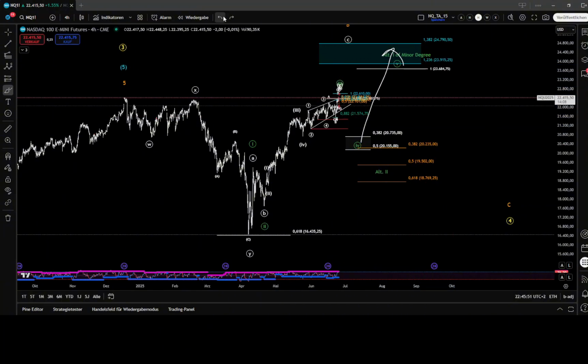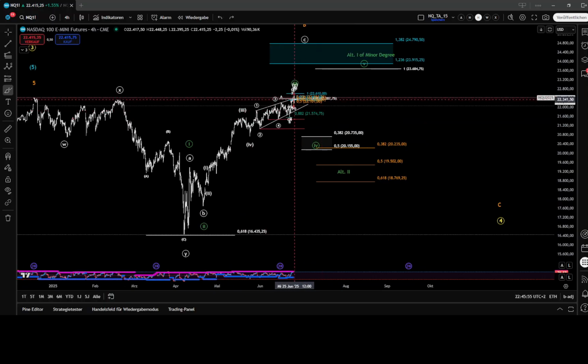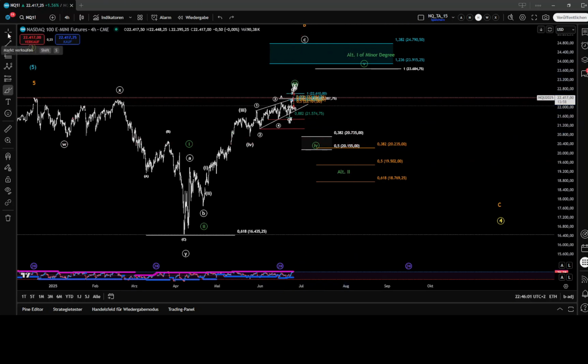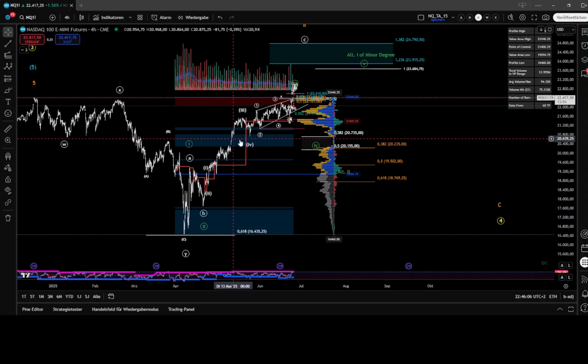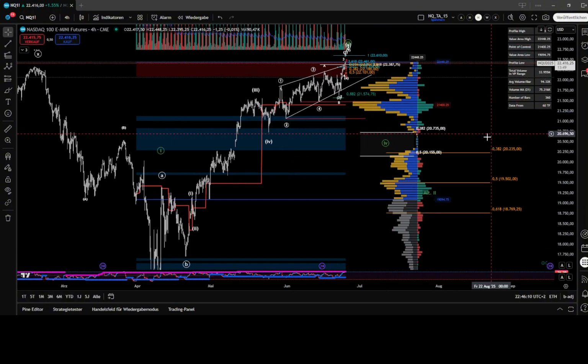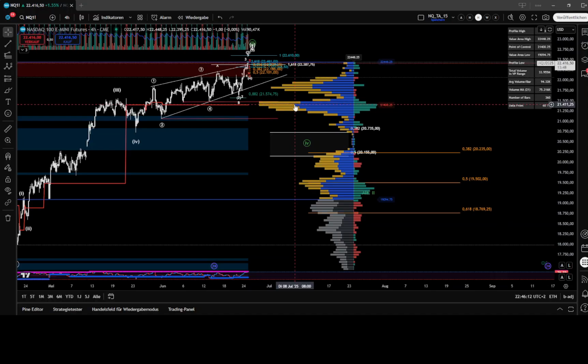I don't know yet, but what I definitely know and what I think is due is that we should get, after our 4-5s here, our pullback to the downside and then another move to the upside. What else can I put on the chart right now? I think the volume profile is relatively interesting. I'm on the 4-hour chart now. Point of control is below us at